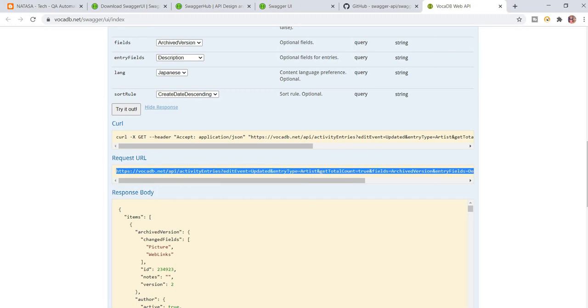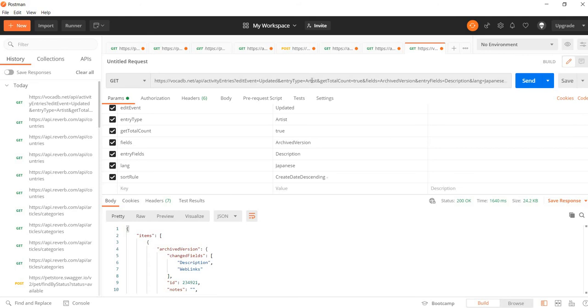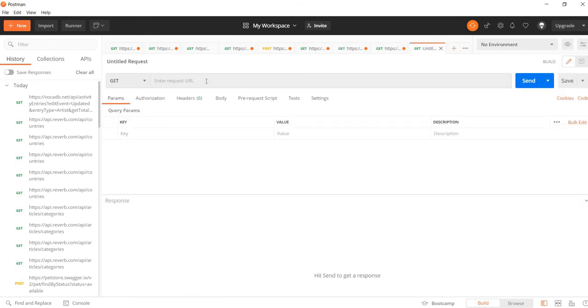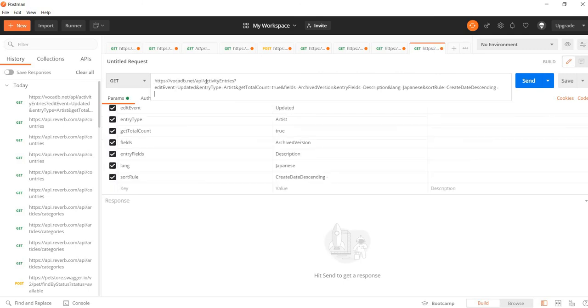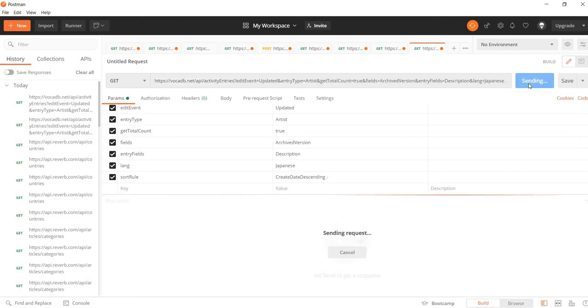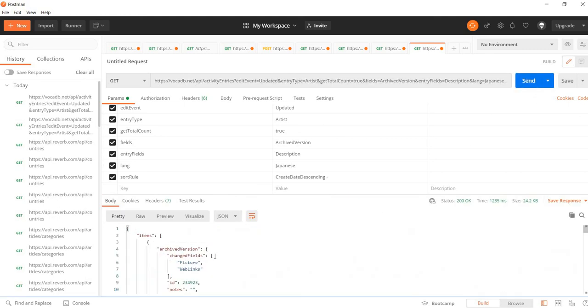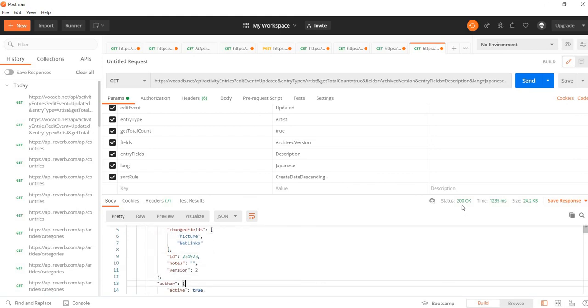Here I already hit this URL, and again I'm going to open a new one. So this is the URL, I'm going to paste it. Once pasted, see, automatically all the parameters are updated, right? You can see sort, role, language, Japanese, fields. Click on send. You can see you are getting the response body and the status code is also 200.